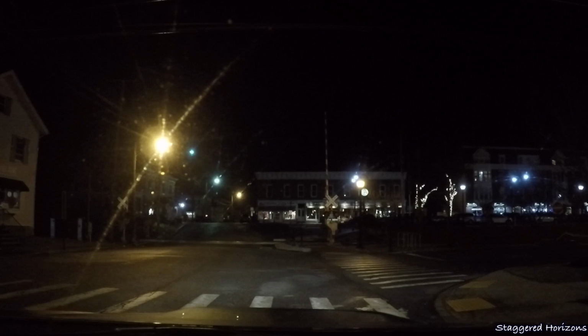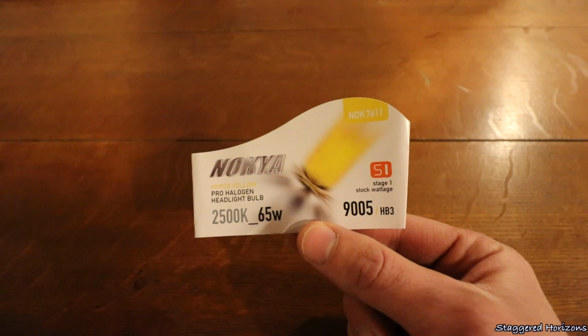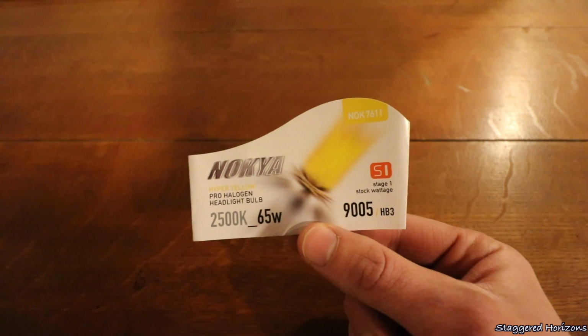We're just sitting here off to the side of the road, pretty far back, and I can turn on my high beams, which is in conjunction with your daytime running lights here. I can turn on these high beams here, and you can see it just lights everything up that beautiful yellow. Down the road, I definitely want to match these hyper yellows to my fogs as well, but for now,